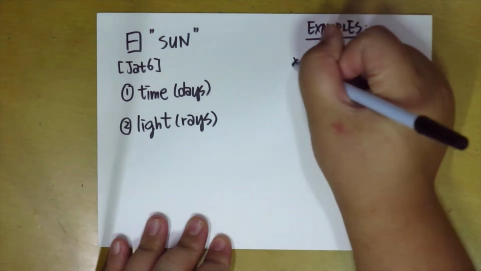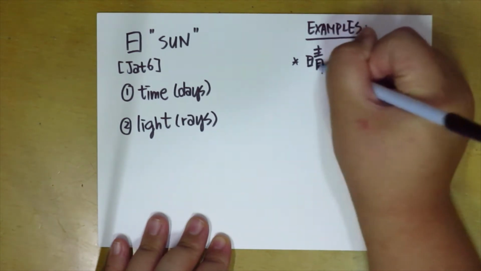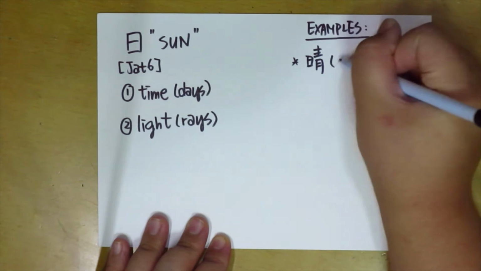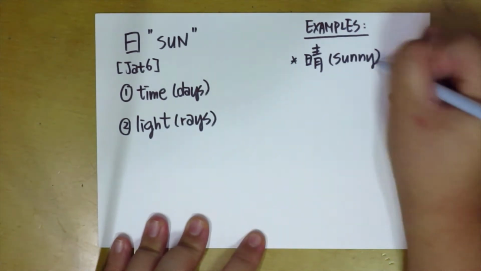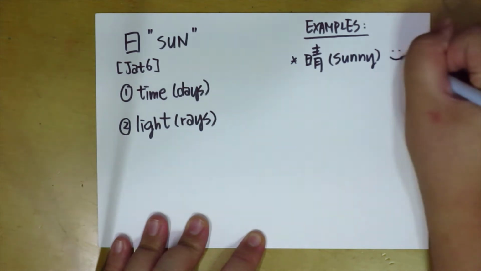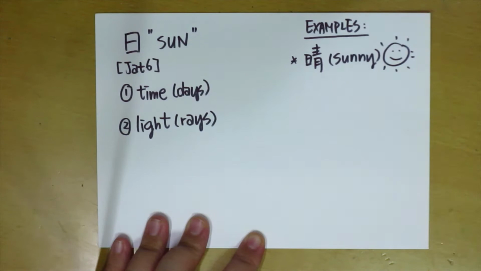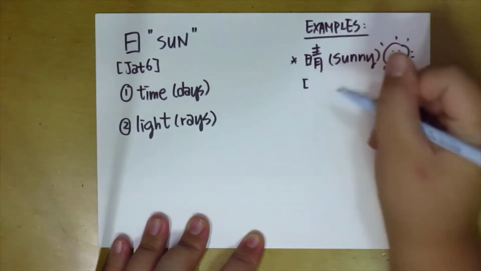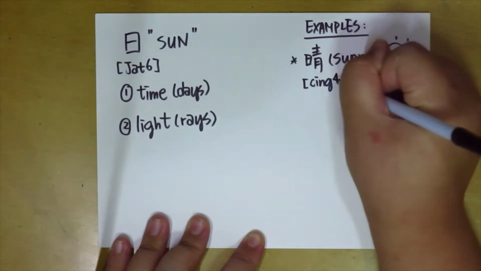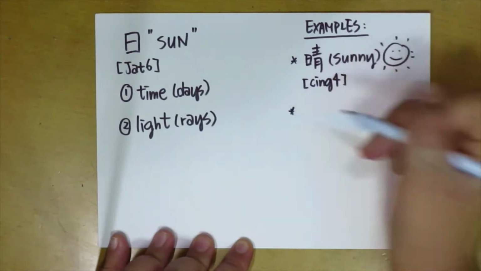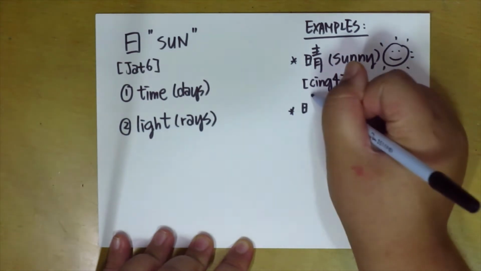The first example is 晴, which means sunny, like the weather is sunny. And the pronunciation is this one. The second example here is kind of an